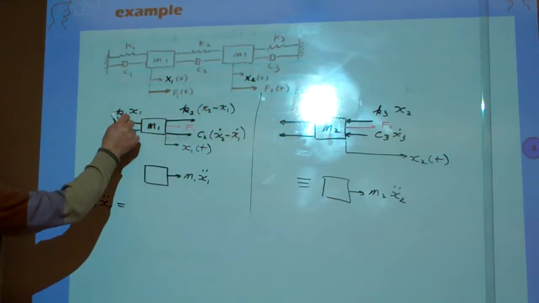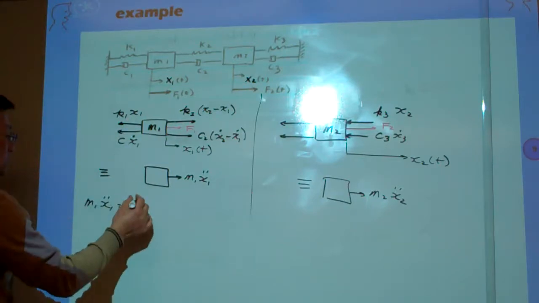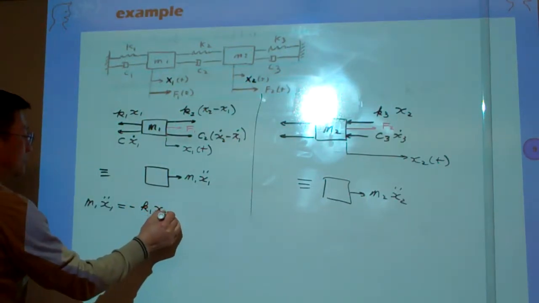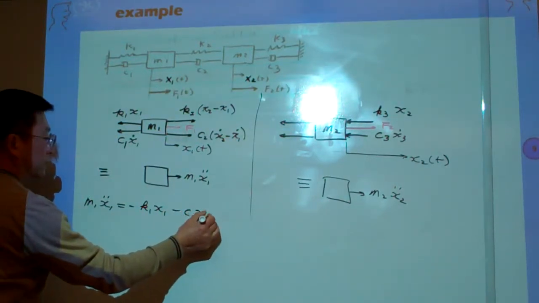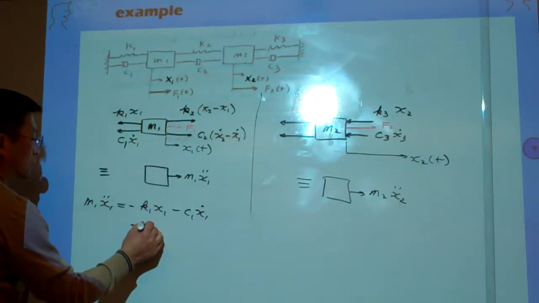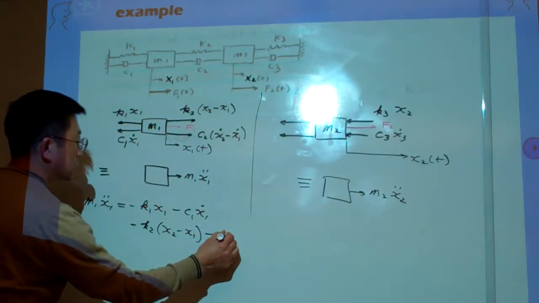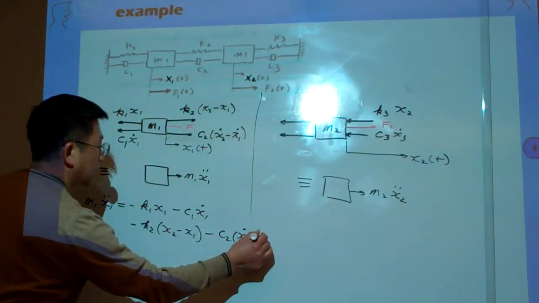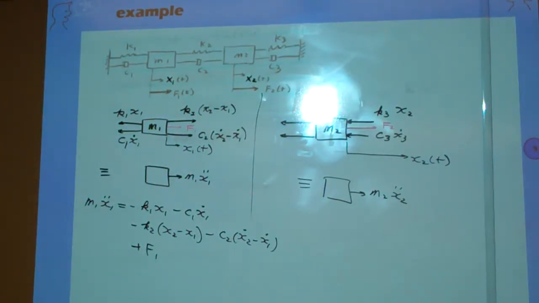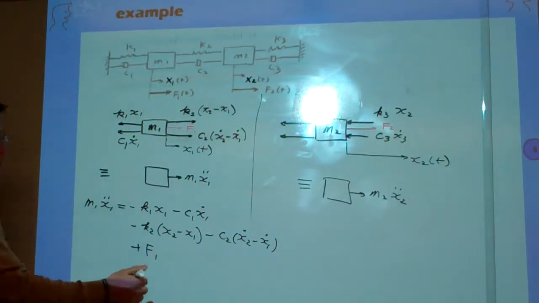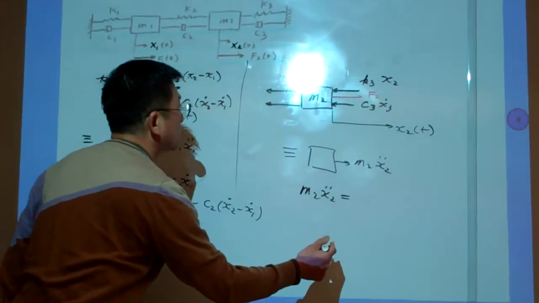On M1 in total we have 1, 2, 3, 4, 5 terms of force. So we sequentially write it out: minus K1 x1, and minus C1 x1 dot, and then minus K2 times x2 minus x1, and minus C2 times x2 dot minus x1 dot, and plus F1. So basically the 5 terms here, and in a similar way M2 x2 double dot equals to